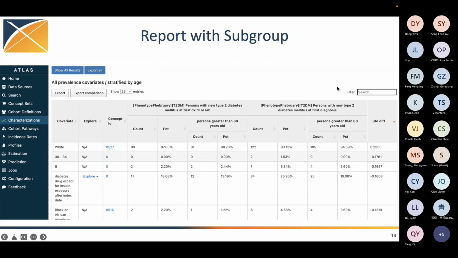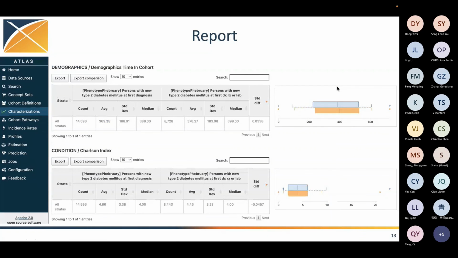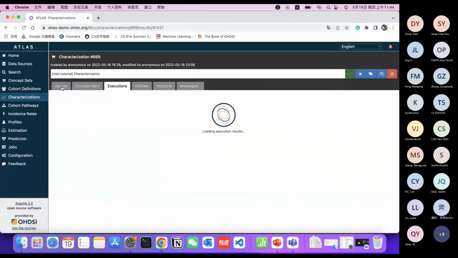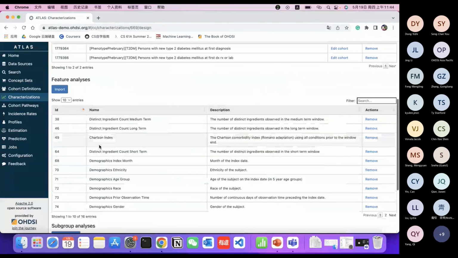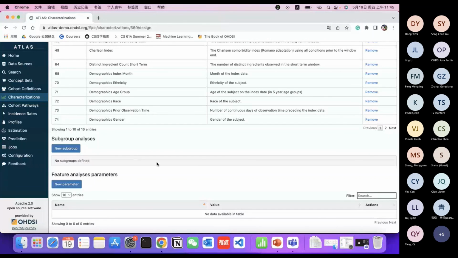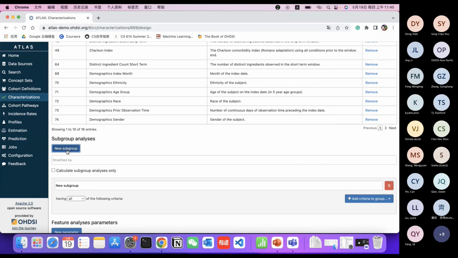Okay, let's move on to the next functionality. You can define the subgroup analysis if you need to know the information of it. For this example, I'm interested in people with age greater than 60.